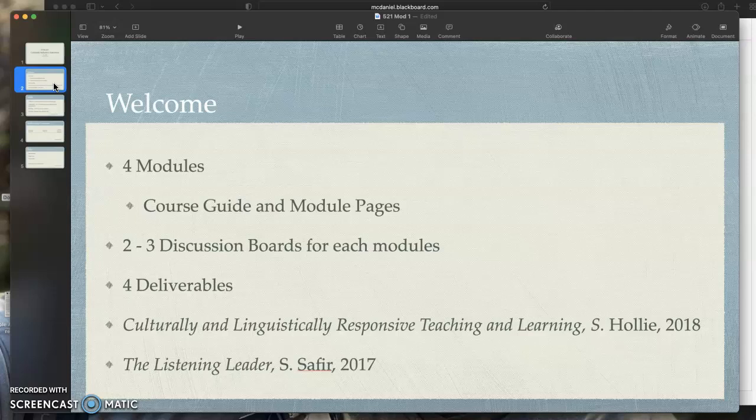The other major part of this online course is the discussion boards. In each module, you have 2 to 3 discussion board threads that you have to respond to. For each thread, you post an initial response early in the module, and then you reply to at least 2 colleagues throughout the 2-week period. So if you have 2 to 3 discussion threads, you should be posting about 6 to 9 times throughout the